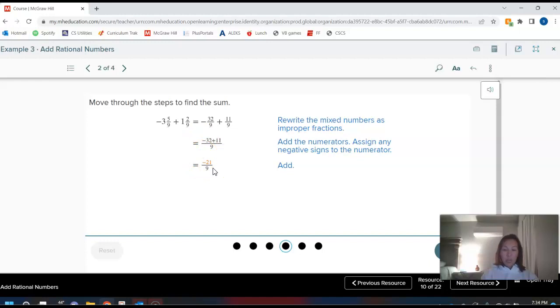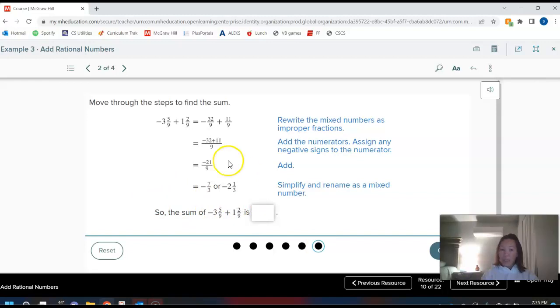And so from this point on, the addition is done. Now we can just simplify. Since these each have a common factor of 3, we can divide the top and bottom by 3. 21 divided by 3 is 7. 9 divided by 3 is 3. Or we can change it to an improper fraction, negative 2 1/3. So the sum of these two is, and you could fill in the blanks on 188, either negative 7/3 or